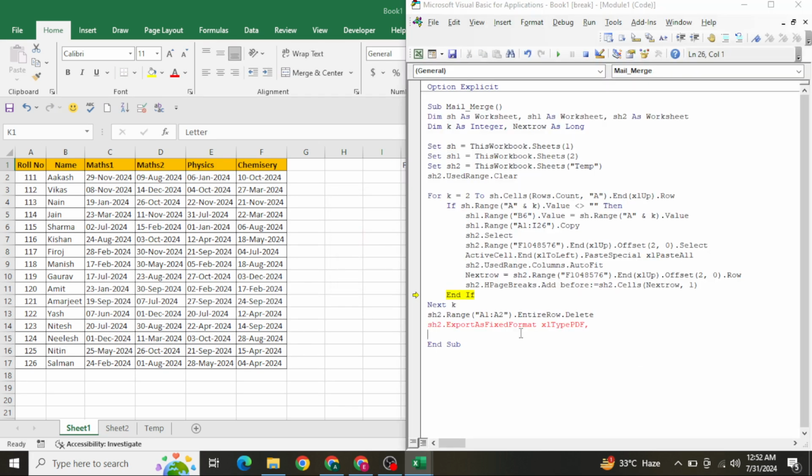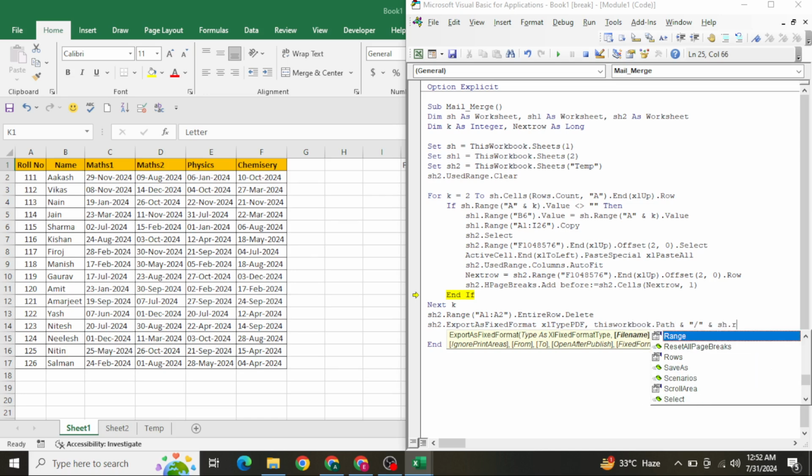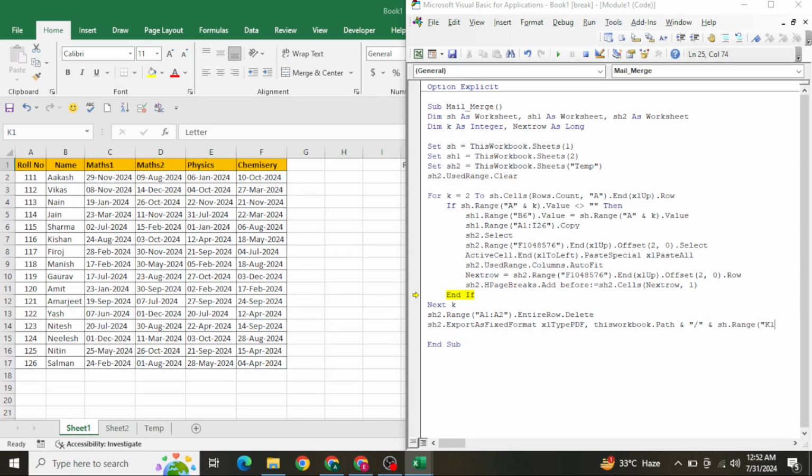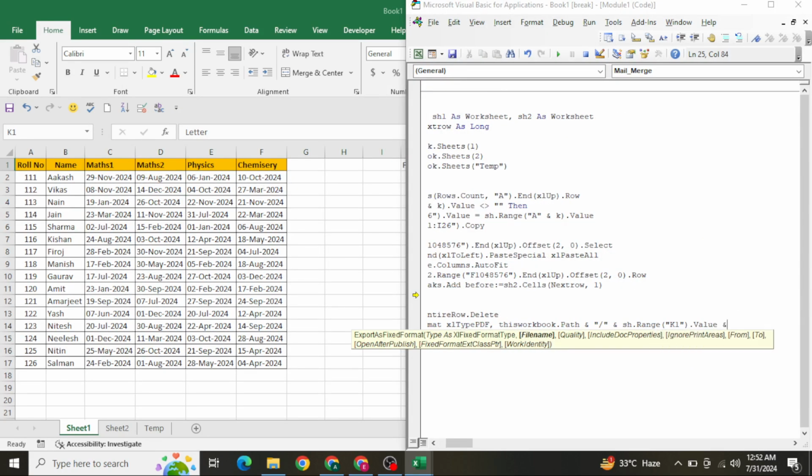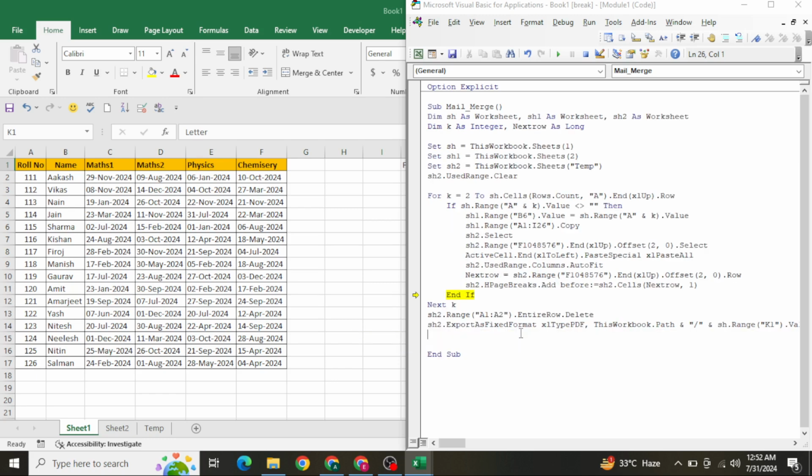Okay, letter. And after that, the file path would be ThisWorkbook.Path. The file name would be sh.Range K1, in K1 we have the name of the PDF file, .pdf, simple. And after that, let's clear the data of whatever data we have in the temp sheet. Okay, and after that I want a message box: PDF file has been exported,